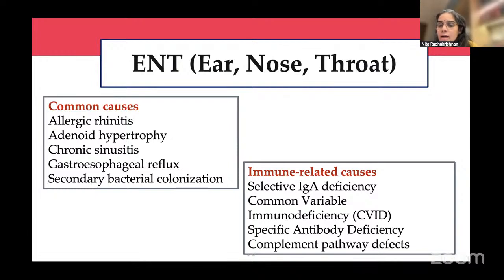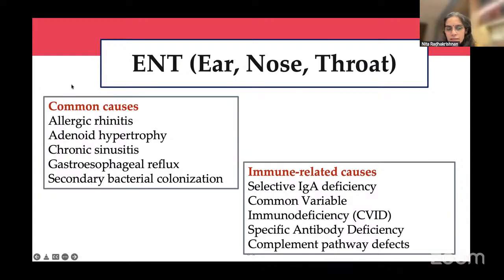So for an astute pediatrician, to differentiate between the common causes and the uncommon cause is the whole trick in the whole game. Because this is something which, out of 1,000, 999 will be common causes. So rather than over investigating, we have to be very, very prudent as to how to evaluate. Once you get to a diagnosis, it's very easy to say, okay, this is how to do it. But before that, you're going to see 999 patients before you get to a diagnosis. So that is the idea of a stepwise evaluation.